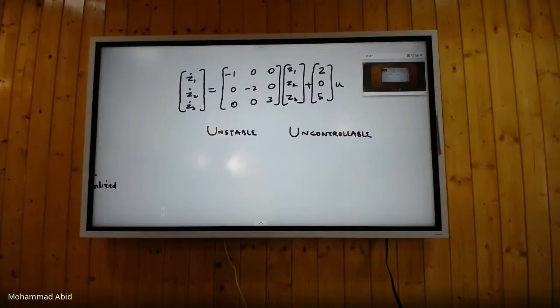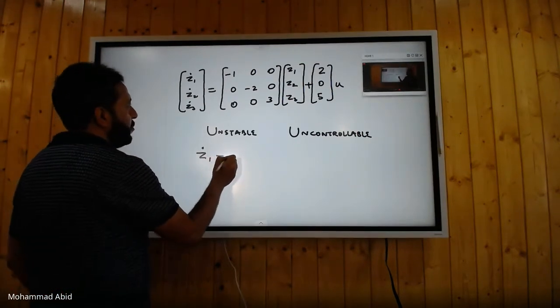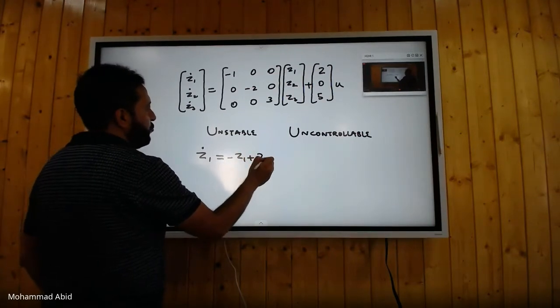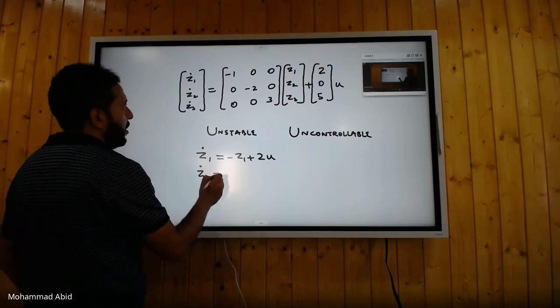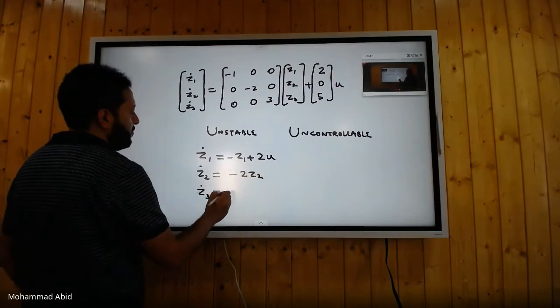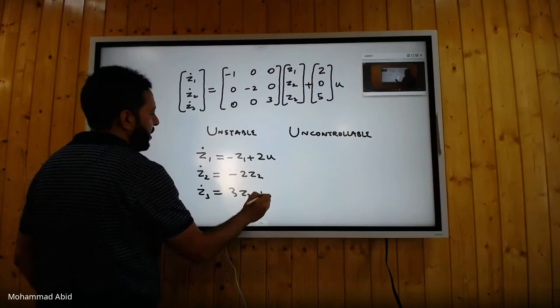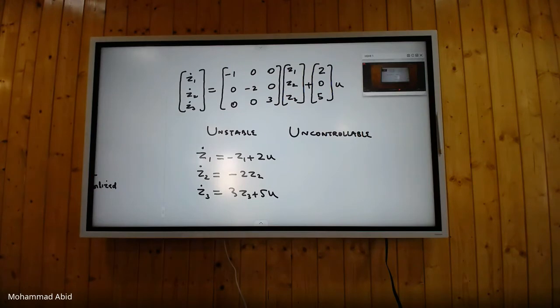Yes, sir. इक्वेशन नंबर 1 जो है दैट इज z1 डॉट इक्वल टू -z1 प्लस 2u, इजंट इट? दूसरी वाली इक्वेशन जो है दैट इज z2 डॉट इज इक्वल टू -2z2 प्लस 0, उसमें u वाली टर्म नहीं है। पहली वाली इक्वेशन z1 डॉट इक्वल टू -z1 प्लस 2u, isn't it? z2 dot is equal to -2z2 and z3 dot is equal to 3z3 plus 5u. Is that clear? यही है ना 3 इक्वेशंस।